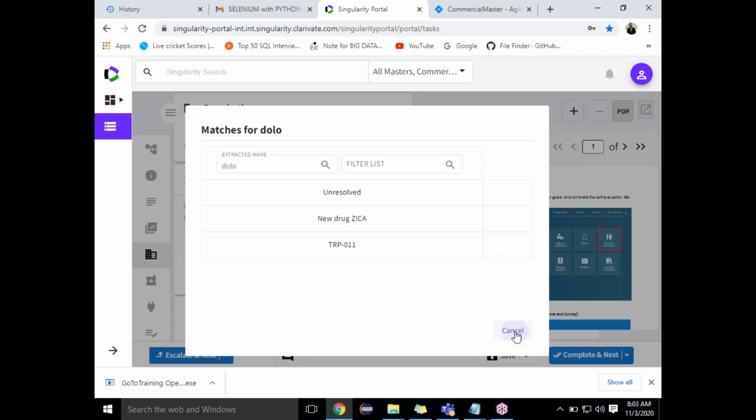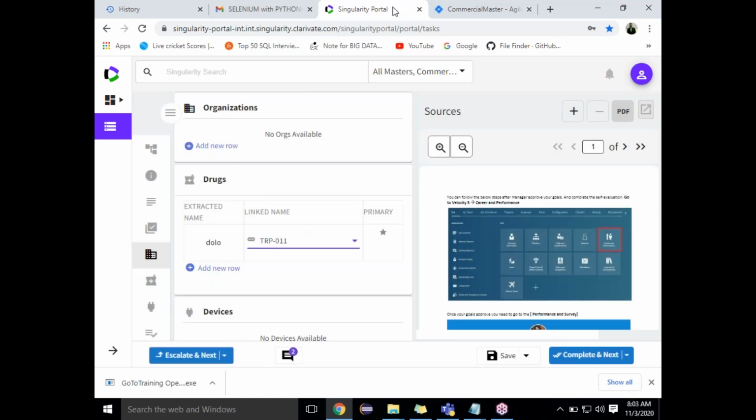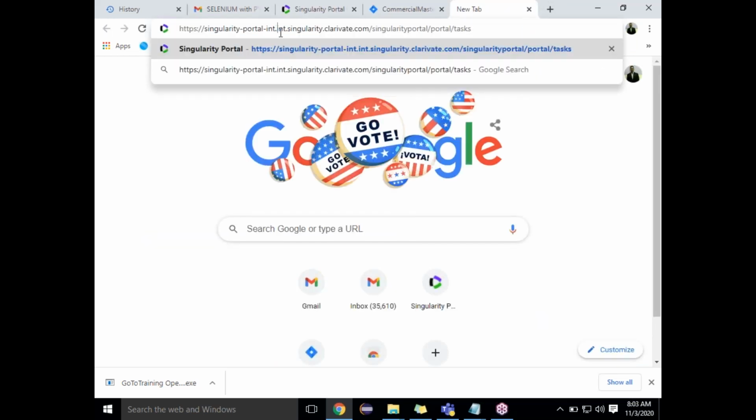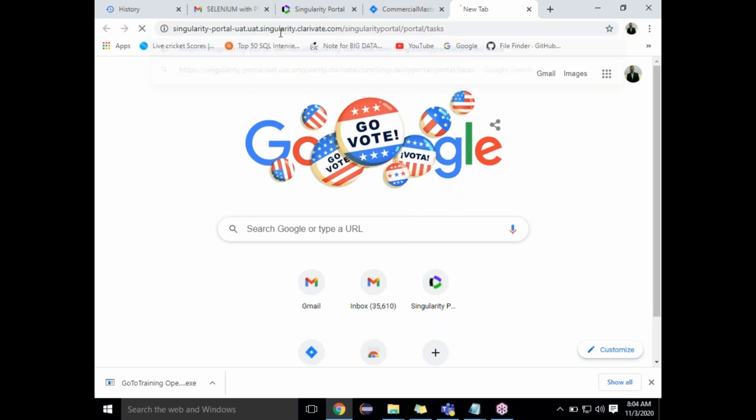This is a small change which is newly developed. If I see the same change in the UAT environment, it won't be available. Why won't it be available? Because that is not tested. Once I test and confirm that it is completely working, then the developers will move it into the UAT environment. I hope you are getting it.